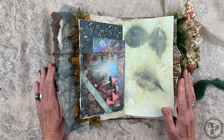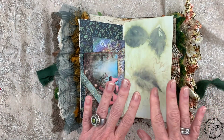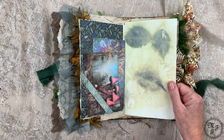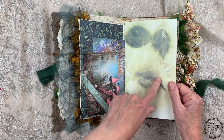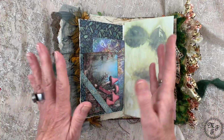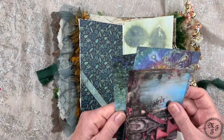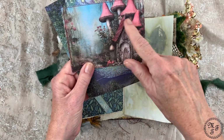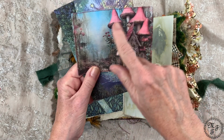Yes, but it's not only orangey. Although I told you a lot about orange, it also turns blue because one of the eco-dyed papers which I had had this blue outcome. The leaves turned out blue on this paper, so I thought in order to balance this, I have to use some blue elements over here, and this is some design paper. And I have formed a side pocket, and then of course some mushrooms. No, it's not really mushrooms, it is mushrooms, but it's also a tiny fairy house, which is situated in this